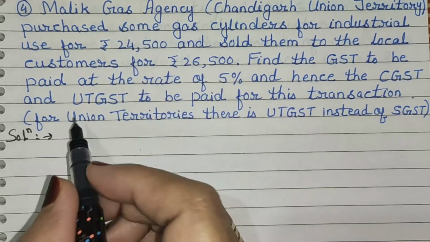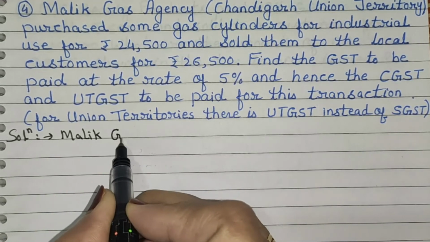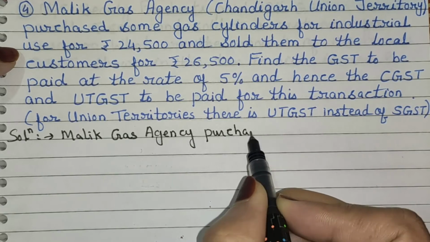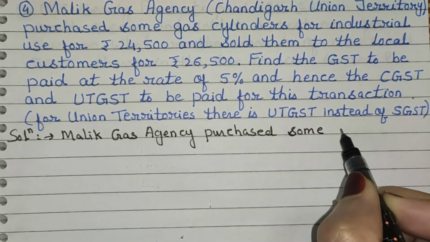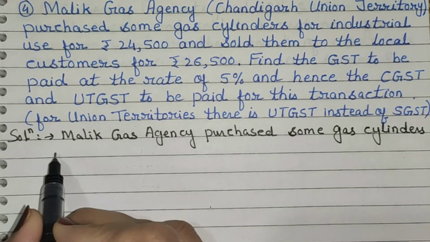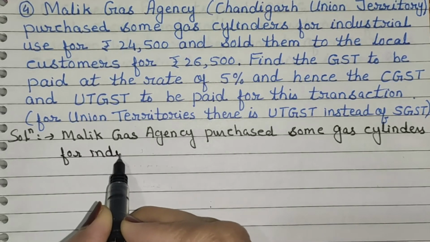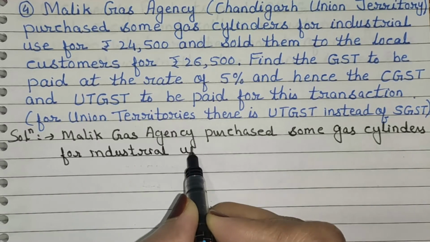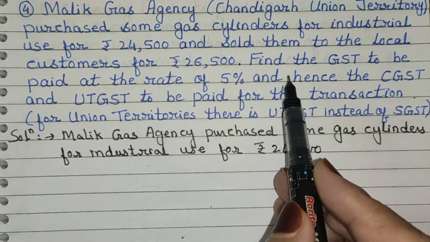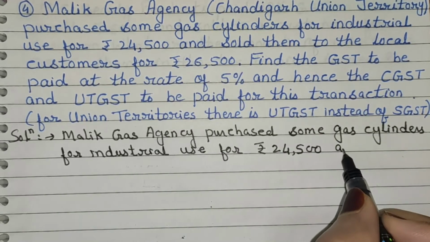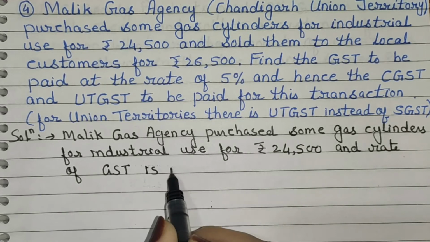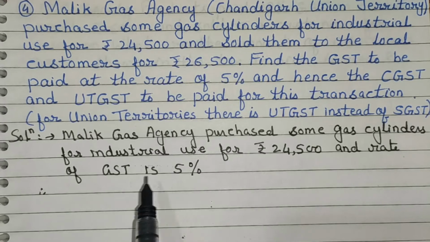Now what is given in the first sentence? Malik Gas Agency purchased some gas cylinders for industrial use for rupees 24,500, and the rate of GST is given here, which is 5%. Therefore, input tax by Malik Gas Agency